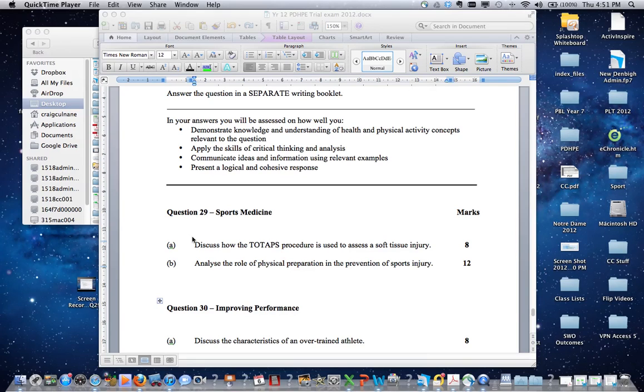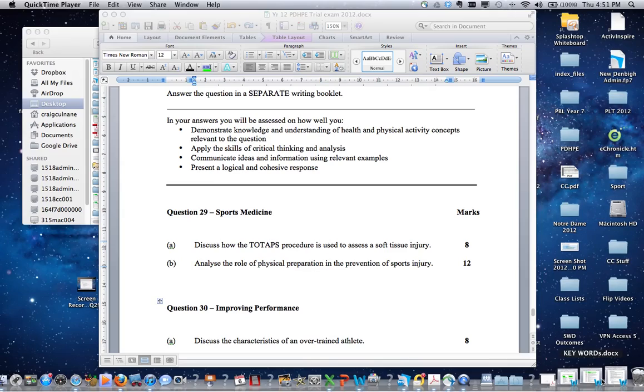Let's look at question 29b, which is a 12-mark question. The question reads: analyse the role of physical preparation in the prevention of sports injuries. So if we have a look at